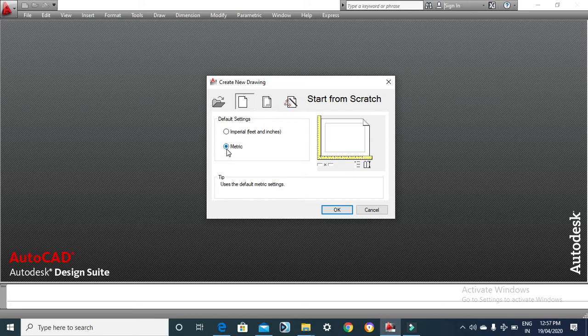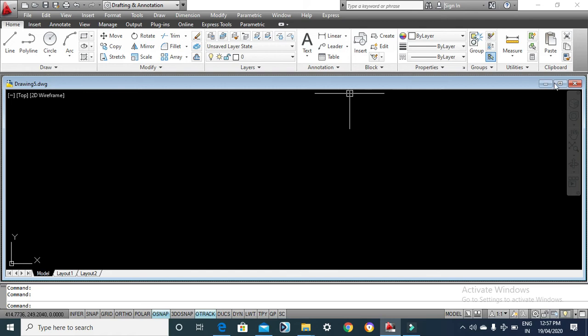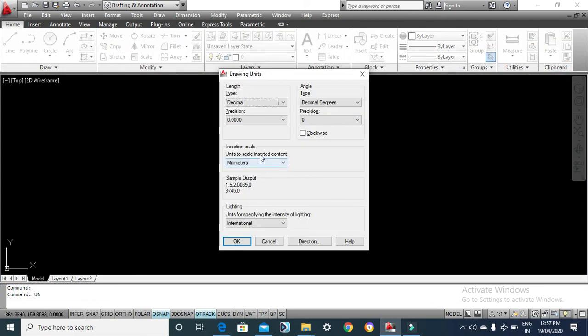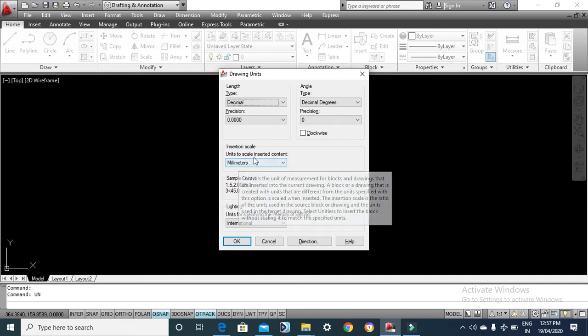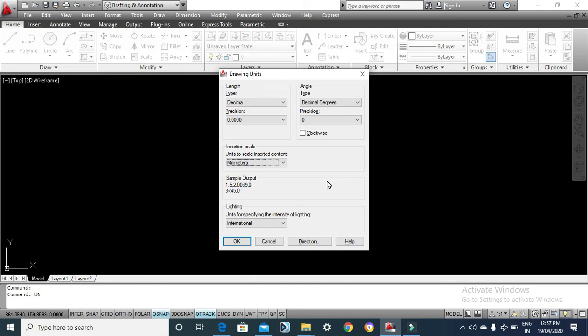See, here I select metric, use the default metric setting. When I say okay, the default drawing is opened, maybe a new drawing. Now when you enter UN, you will see the insertion scale, the units to scale inserted content, is millimeters. Got my point? Makes sense?